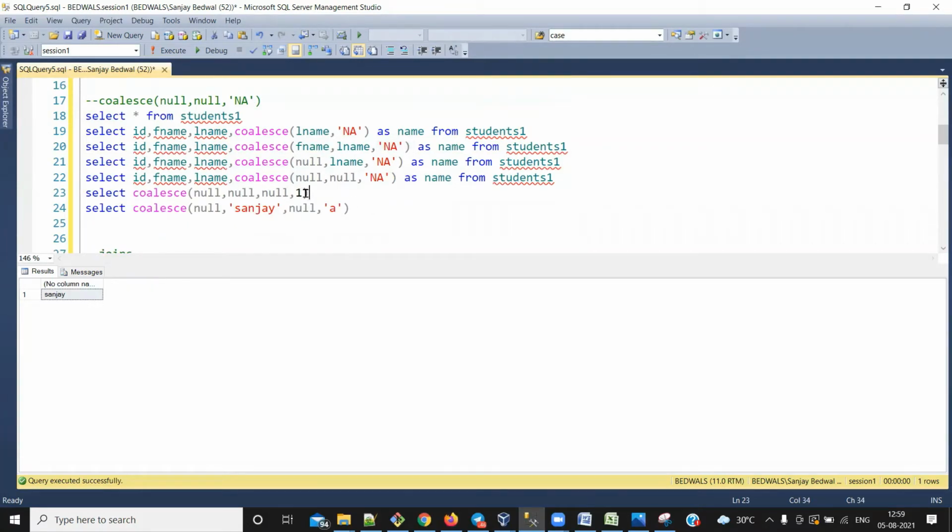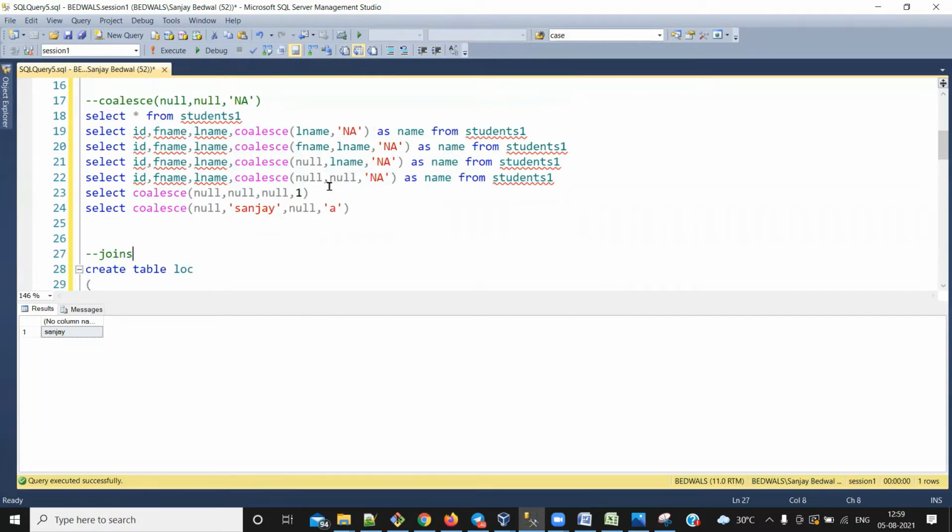Okay, now let's see these two queries. These two queries will make you understand the definition of COALESCE. Let's run this query and see what the output will be. As I've already told you, COALESCE will print the first non-nullable value. So how did this one get printed out? First of all, it will check this value, which I have hard coded as null. Then it will check another value, and it will see that the second value is also null. Again, the third value is also null, and then it will find that the fourth value is not null, then it will print that particular value.